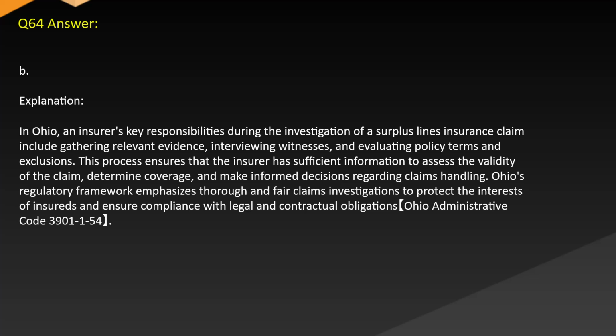Answer: B. Explanation. In Ohio, an insurer's key responsibilities during the investigation of a surplus lines insurance claim include gathering relevant evidence, interviewing witnesses, and evaluating policy terms and exclusions. This process ensures that the insurer has sufficient information to assess the validity of the claim, determine coverage, and make informed decisions regarding claims handling. Ohio's regulatory framework emphasizes thorough and fair claims investigations to protect the interests of insureds and ensure compliance with legal and contractual obligations. Ohio Administrative Code